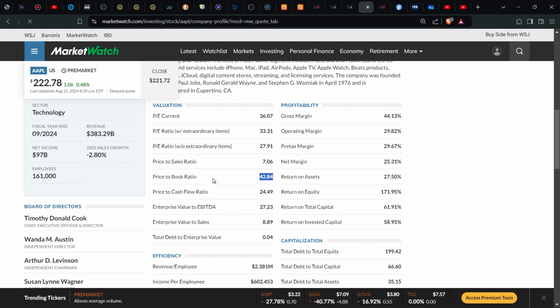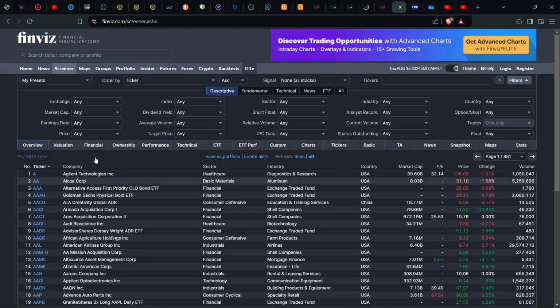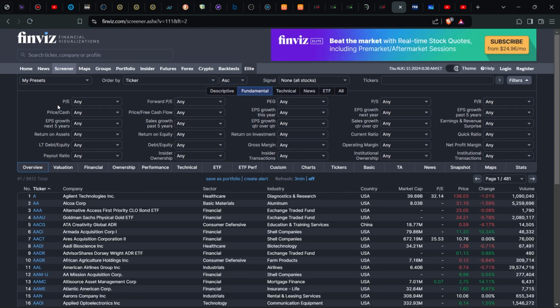I don't know if I can find a company that has an extremely low price to book ratio. Let me see. This website is a stock screener, as in you can see all the stocks here, and you can filter to see the kind of stocks you're looking for. Like we said, in these markets, what's usually used is the ratio. So if we come here, fundamental, now you're going to see the ratios. You can see the price to cash ratio. This is the share price divided by cash and cash equivalents of the company. There's also payout ratio. We're going to go over these later, but for now, I am looking for the price to book ratio. This is the one,